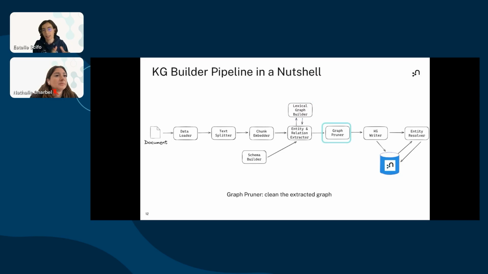After we have built this lexical graph and the entity and relation extractor, so the entity graph, we have a step that we call graph pruning. The graph pruning is basically enforcing the schema with some configuration parameters, depending on how confident you are in your schema and how much variability you want in your knowledge graph at the end. We are enforcing, for instance, that node labels that have been hallucinated by the LLM can be removed in that step. And finally, or almost finally, we write this knowledge graph, both the lexical graph and the entity